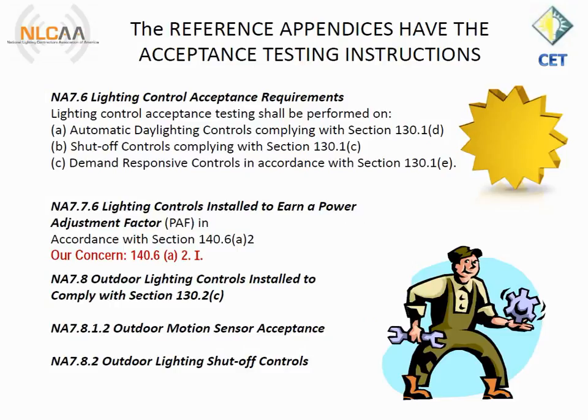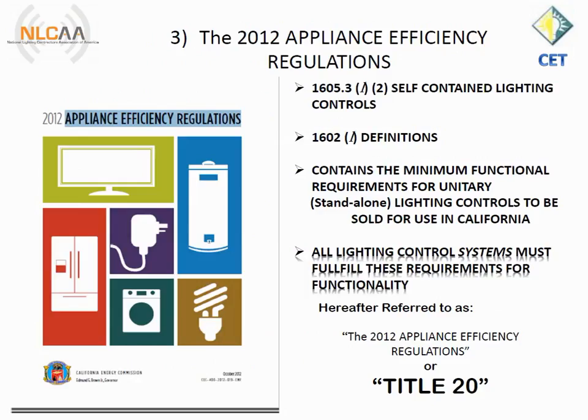The reference appendices contain NA 7.6 indoor acceptance, NA 7.7 system and power adjustment factor testing, and NA 7.8 outdoor acceptance. There are about 4 pages you will need out of Title 20 from Section